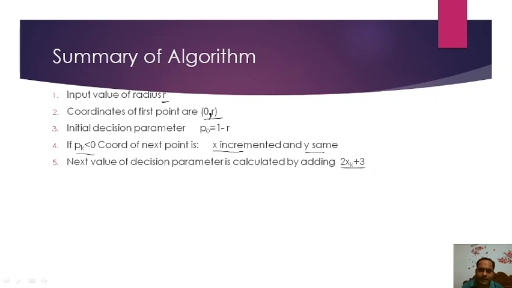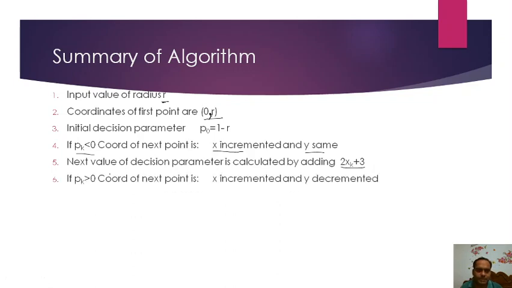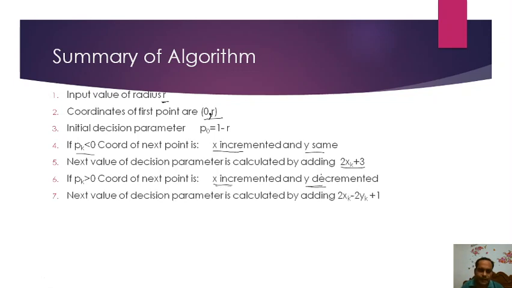And in the second case, when pk is greater than 0, meaning pk is positive, in this case x is incremented and y is decremented this time. So the next point will be obtained by incrementing x and decrementing y if pk is greater than 0. And similarly, the decision parameter for the next point this time will be calculated by adding this factor to the earlier decision parameter p0,